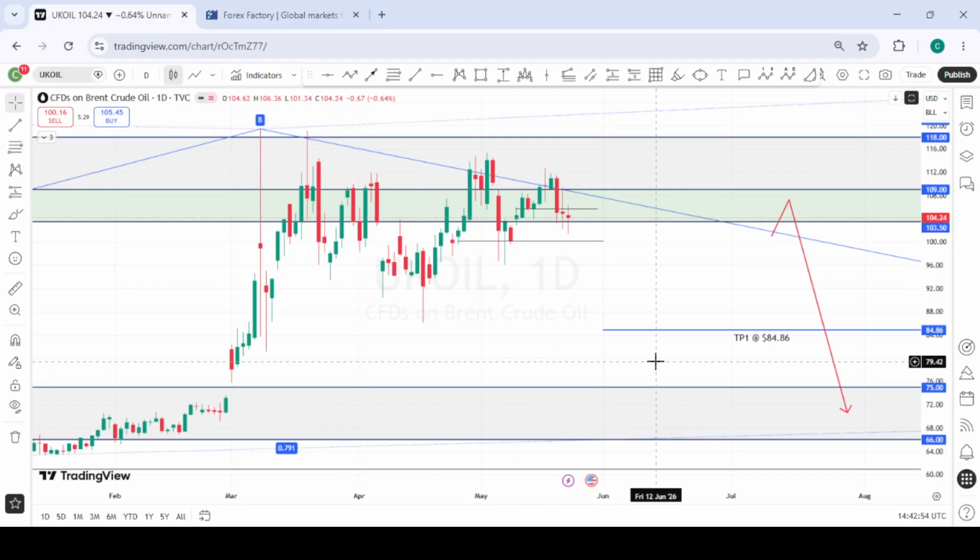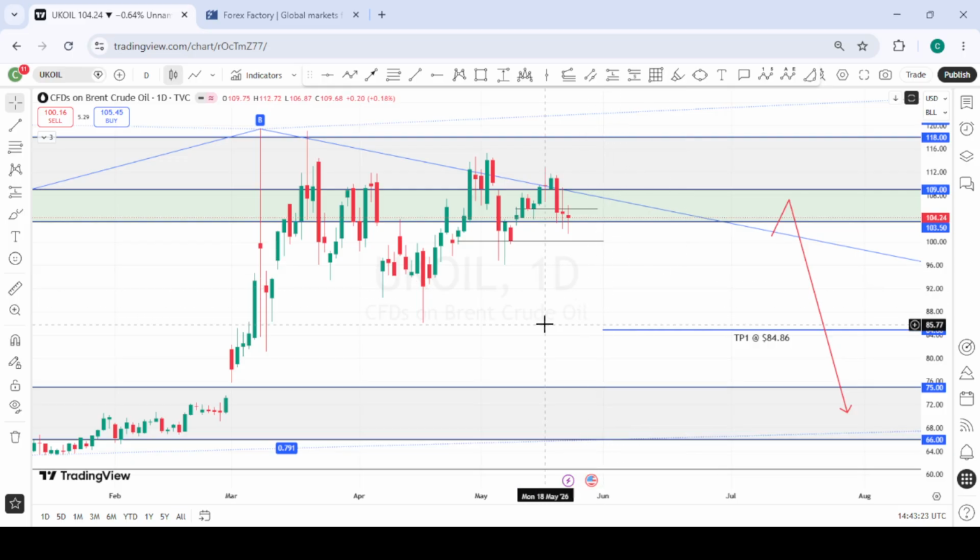So this week we are going to start with Brent crude oil and then WTI crude oil, and as you can see from how price has been playing out in recent times, the actual driver of DXY and CAD is crude oil. So we have to see what crude oil has for us before we can determine where DXY and CAD actually want to head.